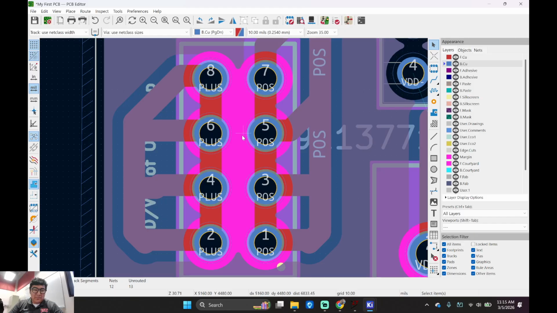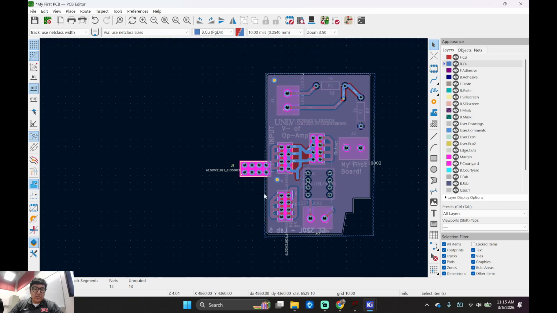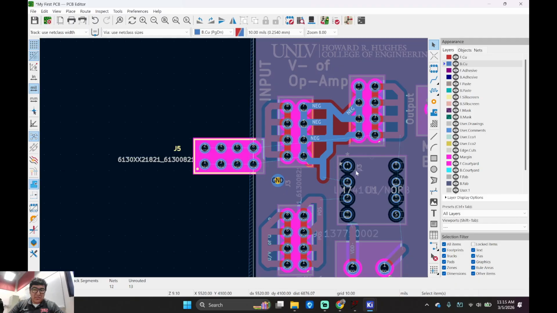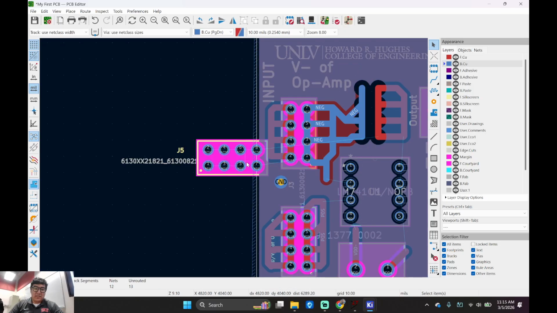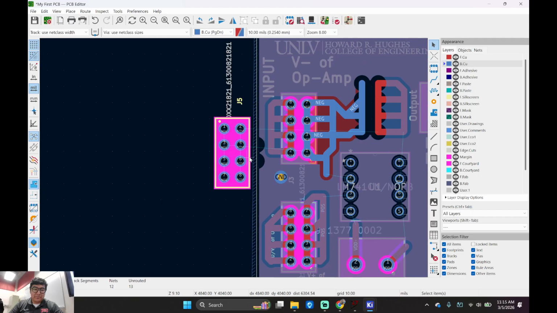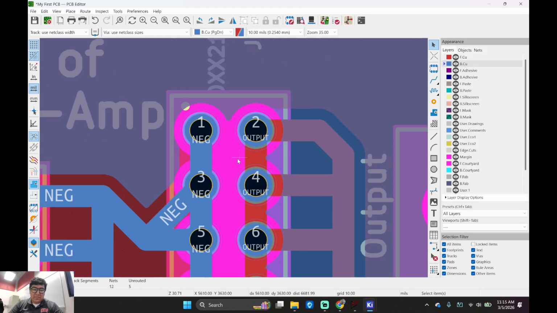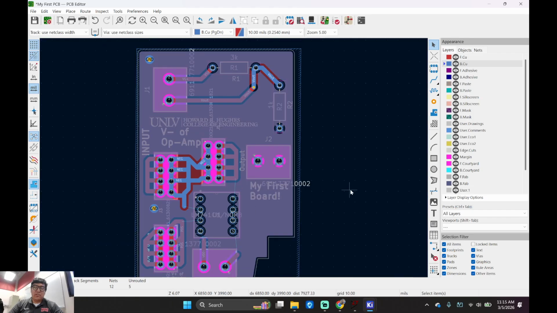Is that looking cool? You guys like that? Cool. And then let's do one more final step. Here's my minus. What is this? Output negative. Okay. Get rid of this. Delete. Boom. Or let me just rotate. Put this right there. Guys like that? Press B to fill. Cool? Any questions about that?